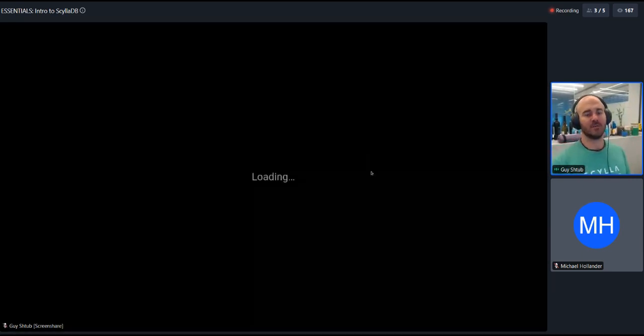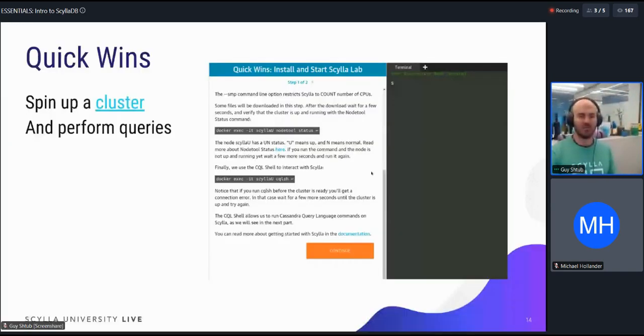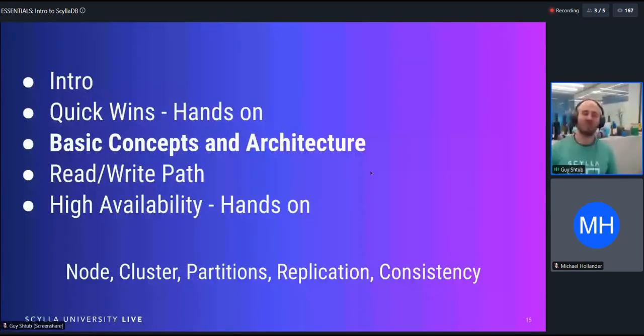and also the architecture, so how ScyllaDB works under the hood. And I'll also say that everything that I'm going to be talking about is Apache Cassandra as well as ScyllaDB. So at this level,